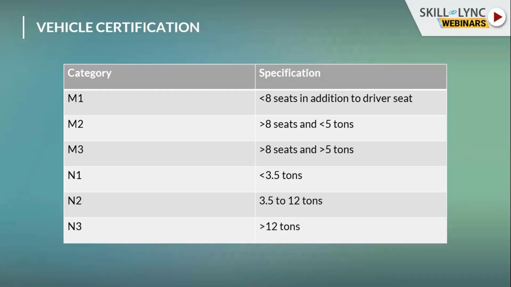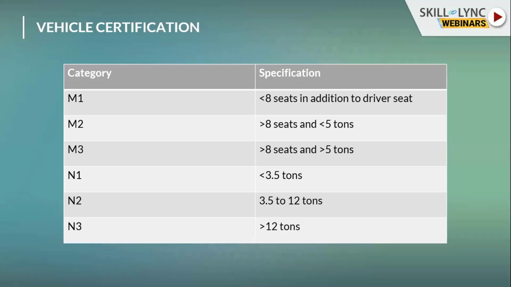So any vehicle, depending upon the tonnage, is categorized and certified according to the category, and the brake system will be equipped based upon the vehicle weight and the vehicle speed. The vehicle brake systems are mainly designed based upon the vehicle weight, and the certification is also carried out based on the vehicle weight. So this is the major thing which will be